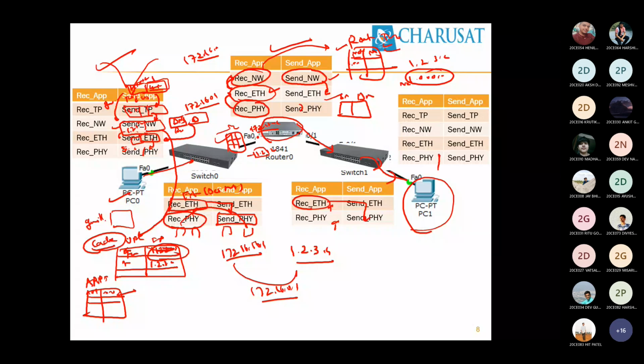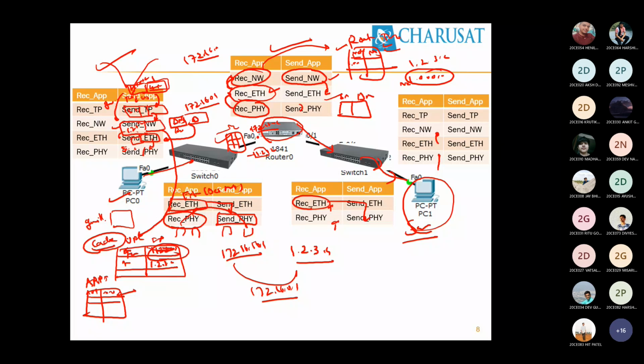Okay. Now the receiving side, at the computer or server. This is like a Gmail server. What does it do? It receives electrical signals, converts them into ones and zeros, and sends to the Ethernet layer. The Ethernet layer says, is the destination MAC address equal to me? Yes. It removes that header, and it gives the data to the network layer.